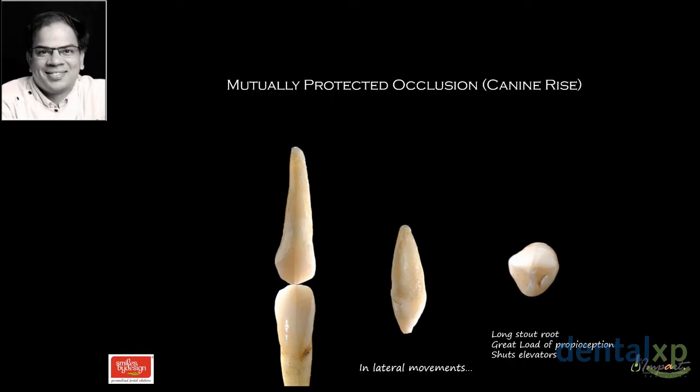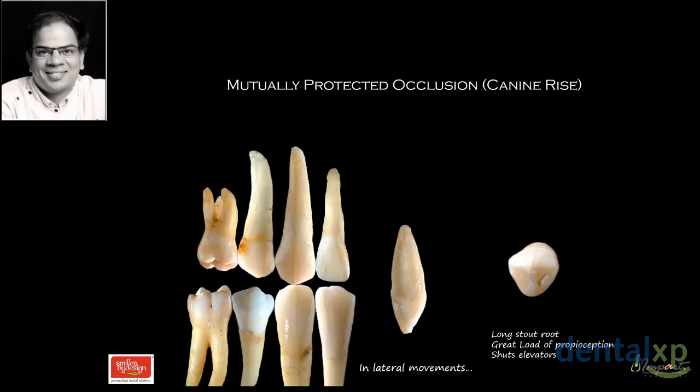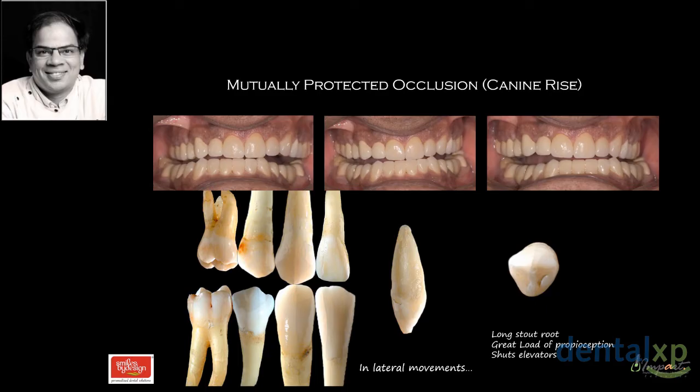Now it should be noted that when the canine has to touch, that means the patient's mandible has to come downwards when the canine has to come edge to edge. And that's why the elevators have to shut activity anyway. It is not because the canines are touching that the elevators will shut activity. So mutually protected occlusion works very well, but it's a postured position. It's not something which the patient uses to eat with. And I'll elaborate a little bit more.